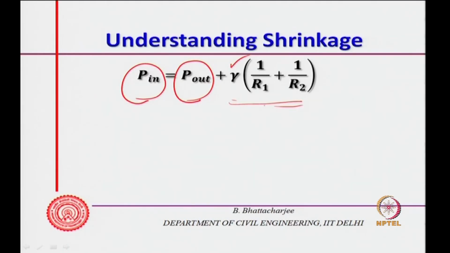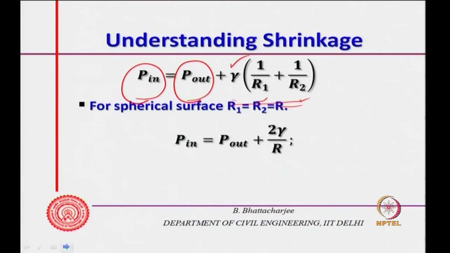Here gamma is the surface tension, and R 1 and R 2 are the radii of curvature in the two directions that we considered. If it is a spherical surface, then R 1 is equal to R 2, and I can write it as R, and Young-Laplace equation turns out to be P in equals P out plus twice gamma by R. So, because of the surface tension, there will be an excess pressure inside of 2 gamma by R,